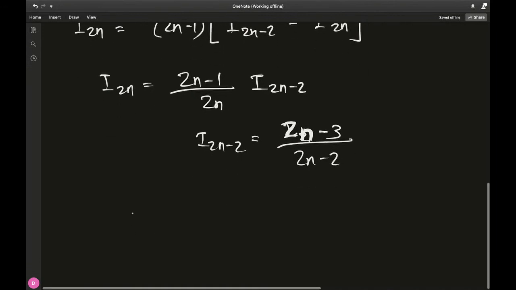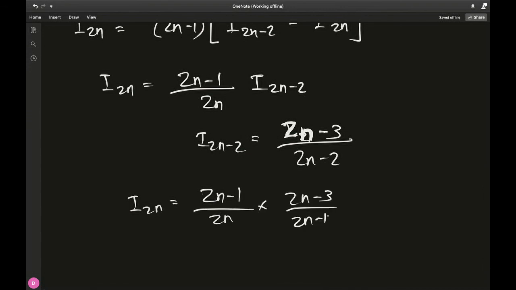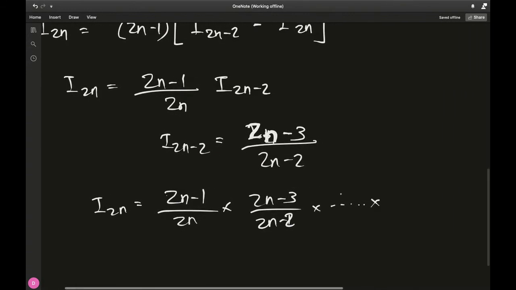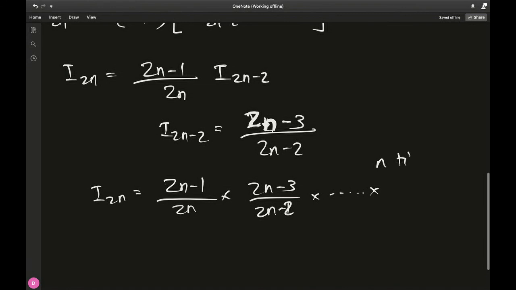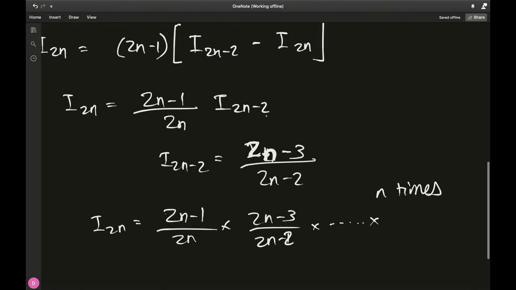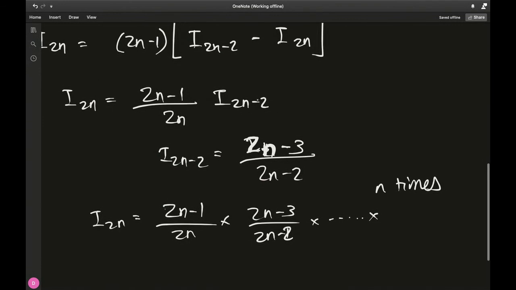So if we plug that in, I sub 2n will be 2n minus 1 over 2n times 2n minus 3 over 2n minus 2, going on until n times, and that's when you'll have I sub 2n minus 2n, because we are decreasing by factors of 2 every time. So n times we'll have 2n minus 2n. So I sub 0,